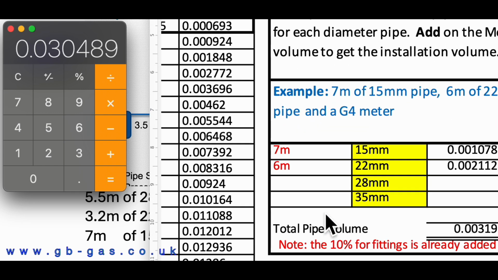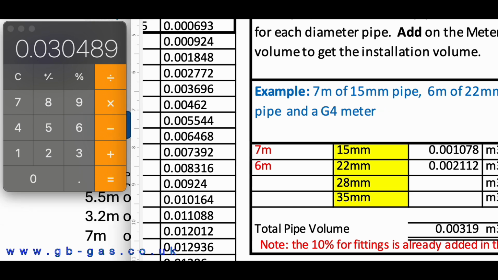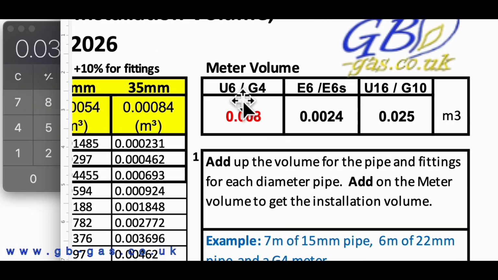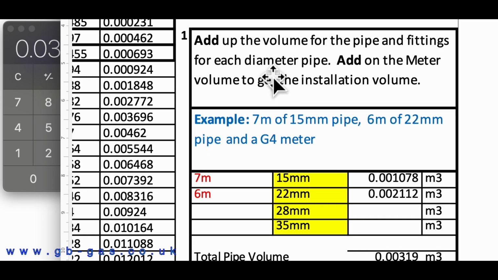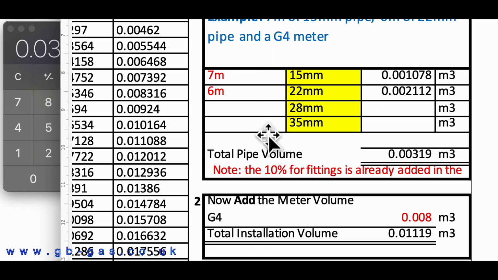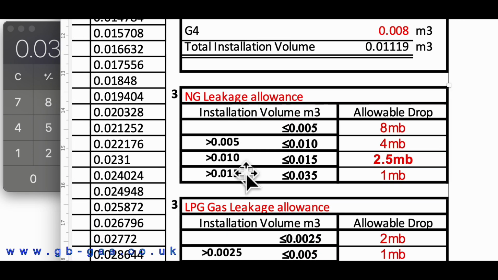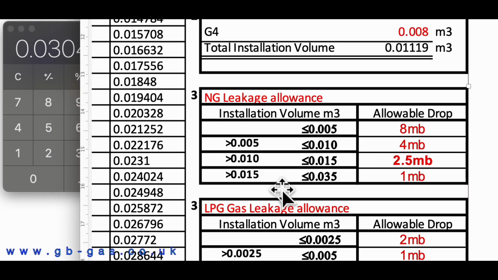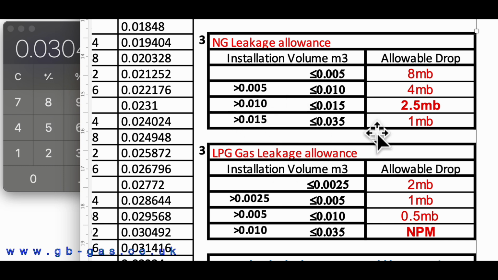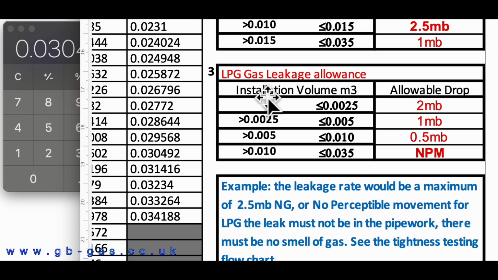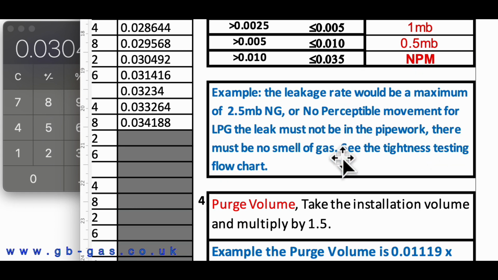So scrolling down, this document has a full set of instructions down the right hand side. So it tells you what to do step by step, which is what we've just done with the calculator. And then we come down to the installation leakage rates. So 0.03, as we said, which is on the calculator, you can see that my leakage rate is now only 1 millibar for that size of installation. If it would be an LPG system, it would be no perceptible movement. All the information's on the sheet to keep you right,